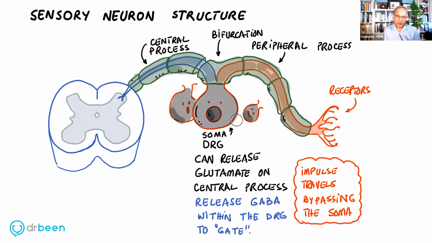These cell bodies are present outside of the nervous system. As the nerve enters the spinal cord, just before entering it, there is a swelling in the sensory nerve, which is a collection of cell bodies of the neurons, and that collection is called a ganglion. Interestingly, if you look at the sensory nerves under a microscope, it looks like there